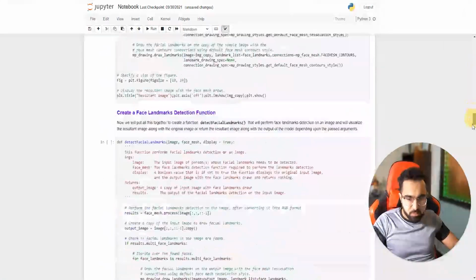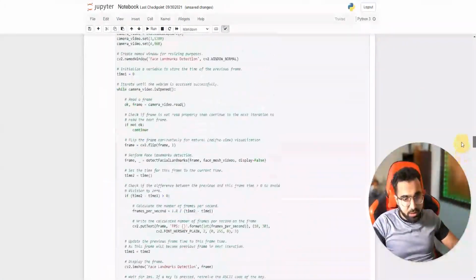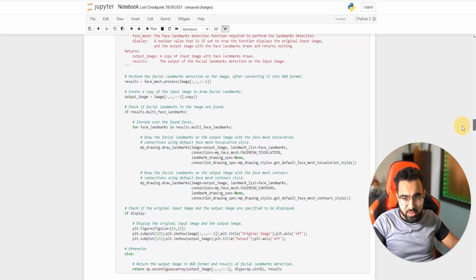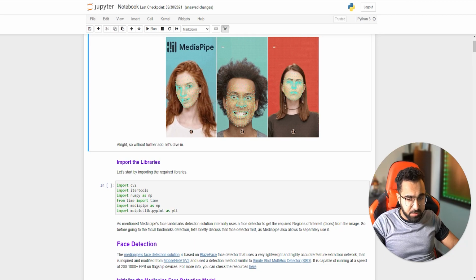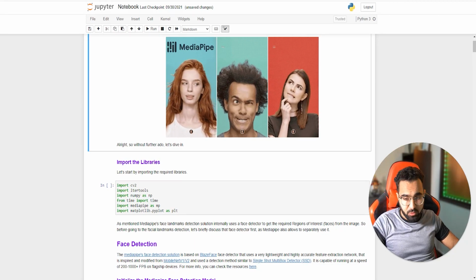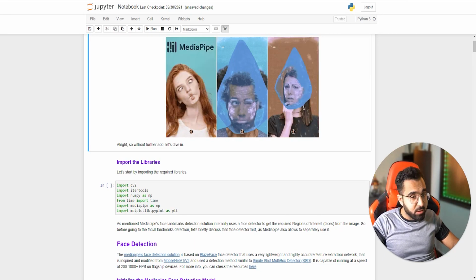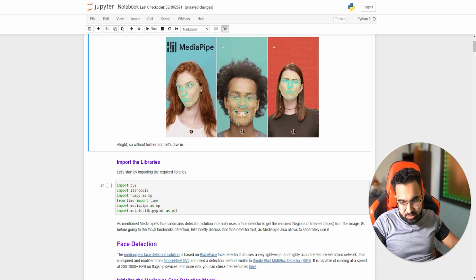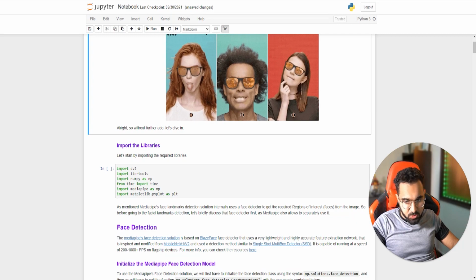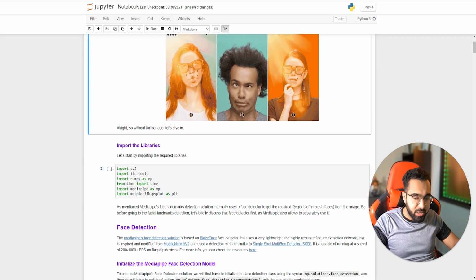This is the Jupyter notebook that we'll be using in today's tutorial. It's a neatly documented and highly organized notebook. It contains a lot of details regarding parameters and what to use and what not to use. So definitely download it from the link in the description below. Anyways, let's get started. So the first thing that we always do is we import the required libraries.